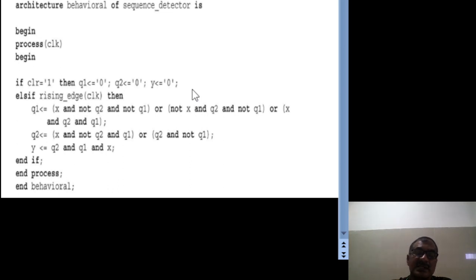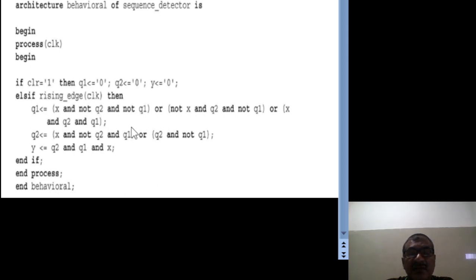Else, what will happen? Else it has to work as a sequence detector. That too, it follows the rising edge of the clock. What does the rising edge of the clock mean? Whenever the rising instant happens, rising meaning the clock signal changes from 0 to 1, at that instant only the execution will be done, otherwise no. So else if the rising edge of the clock is available, then